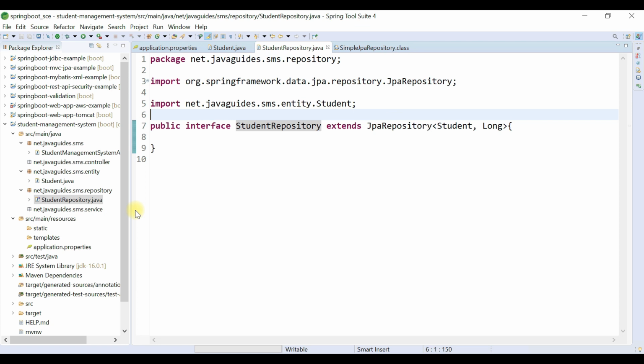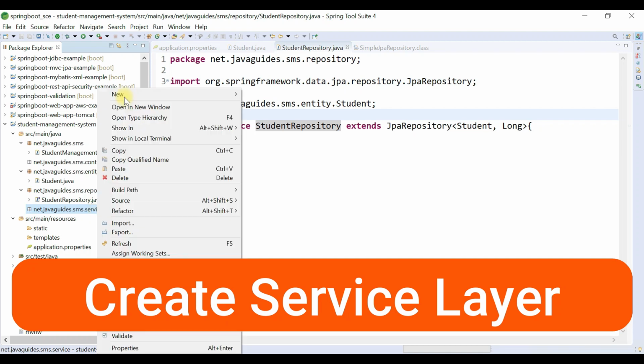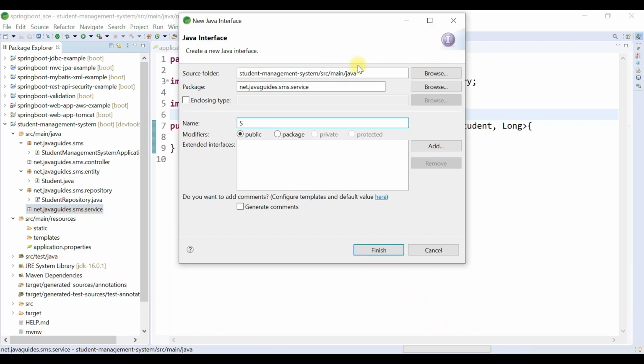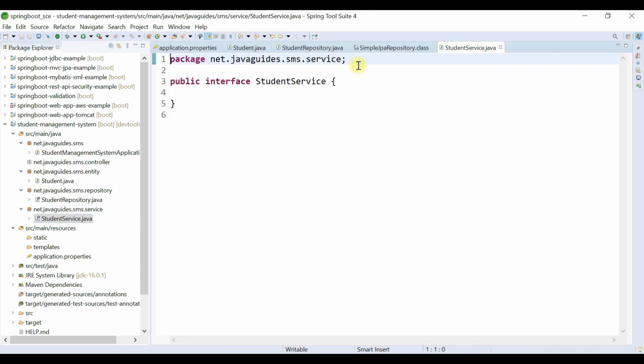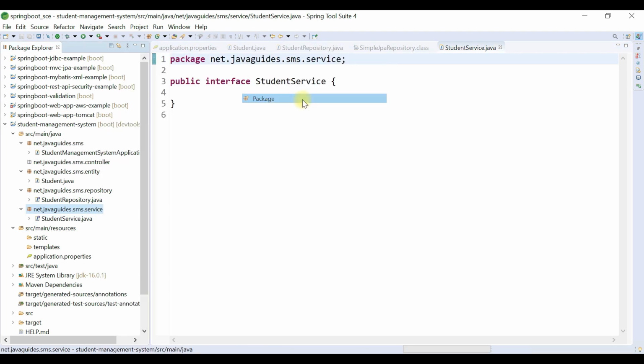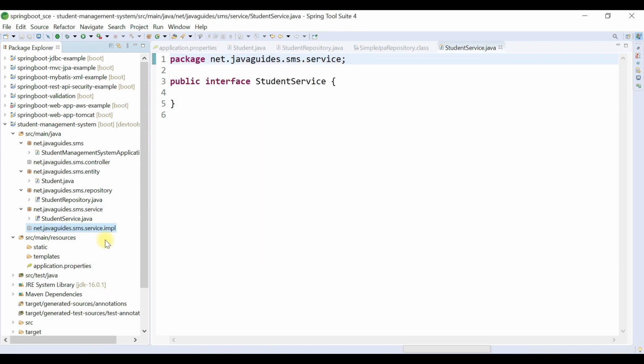Okay, great. Now let's go ahead and create a service layer. So just go to the service package, right click on it, new, and then choose an interface, and let's give the interface the name StudentService. Okay, and we're going to create one more package within the service package, and let's name it impl.